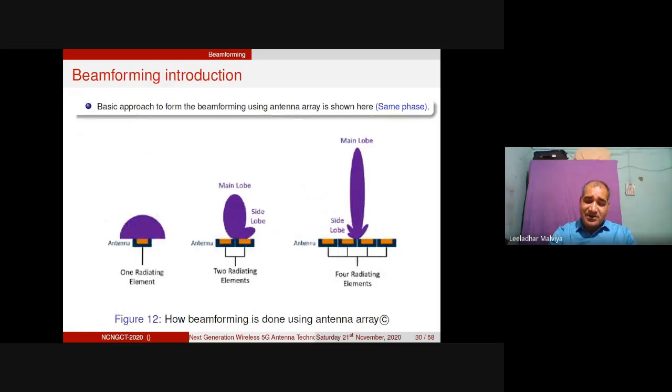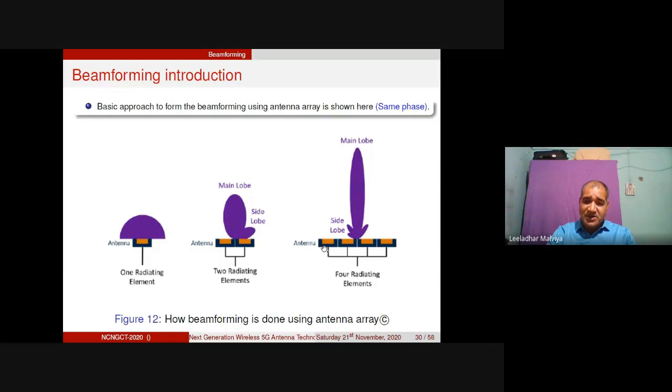Now look at how the beamforming can be done. In case of the MIMO, you've seen that we have to adjust the phase. In case of the arrays, we have to adjust the phase. So how can the phase adjustment be done here? Look at the introductory things about array antennas. If you have a single radiating element, definitely its radiation pattern is very wide, right? If you have two elements connected in series and fed with the same phase, definitely the main lobe can be concentrated in one direction, at 0 degree, and a narrow beam can be created. Side lobe levels can also be seen in this case.